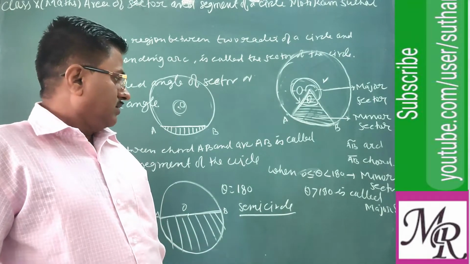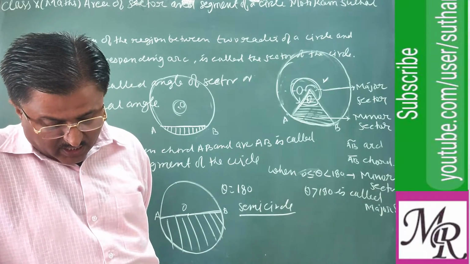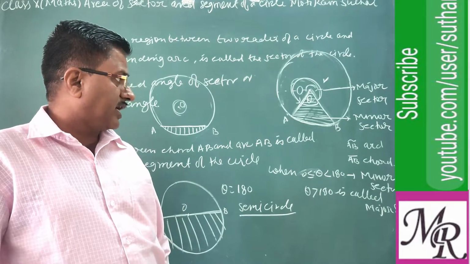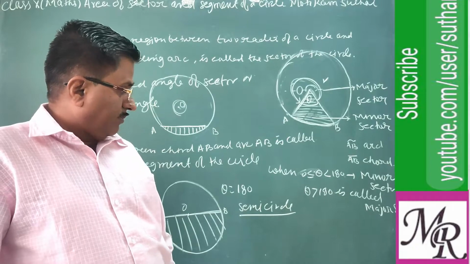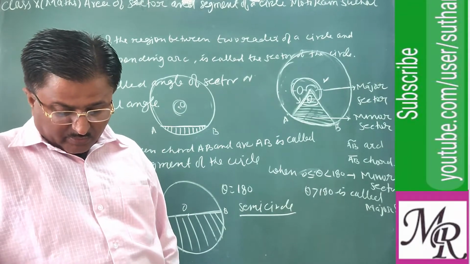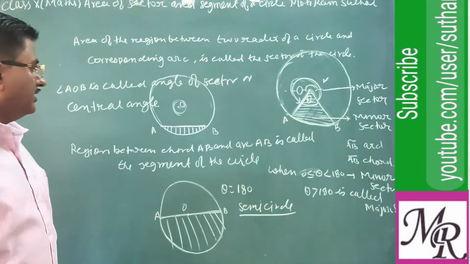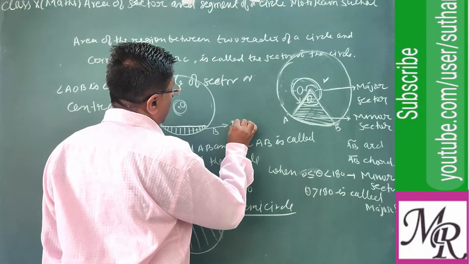a sector. So these are the different positions for the sector. What is the meaning of the minor sector, major sector, semicircle and circle? That depends on the value of the central angle. Similarly, in the case of the segment, this is known as the minor